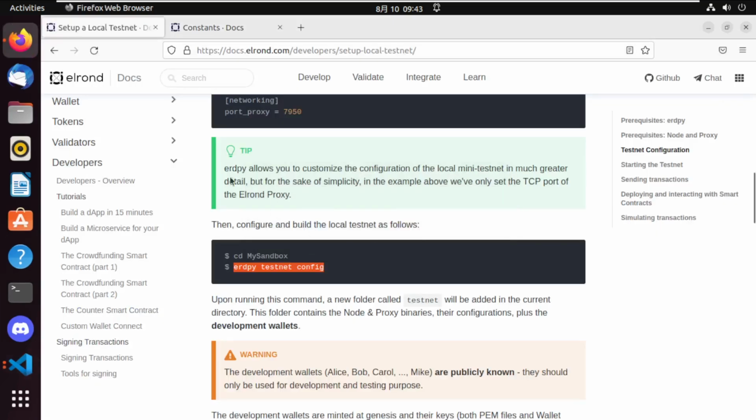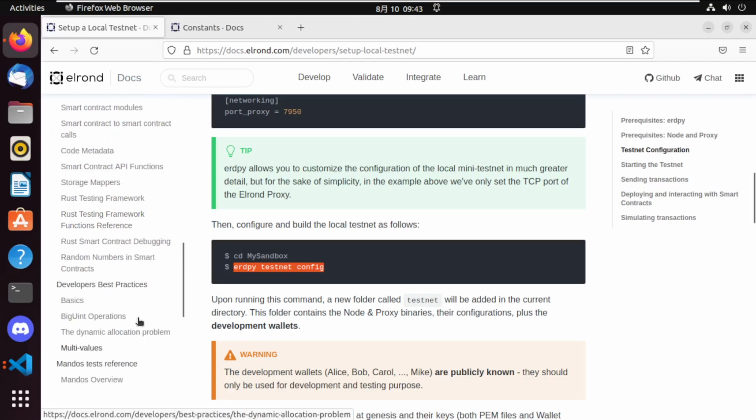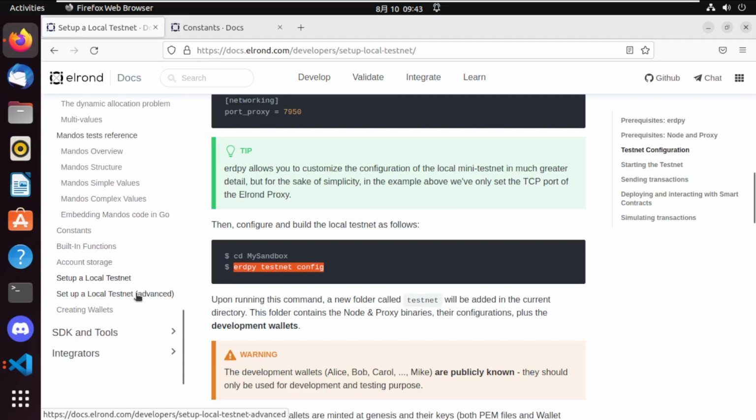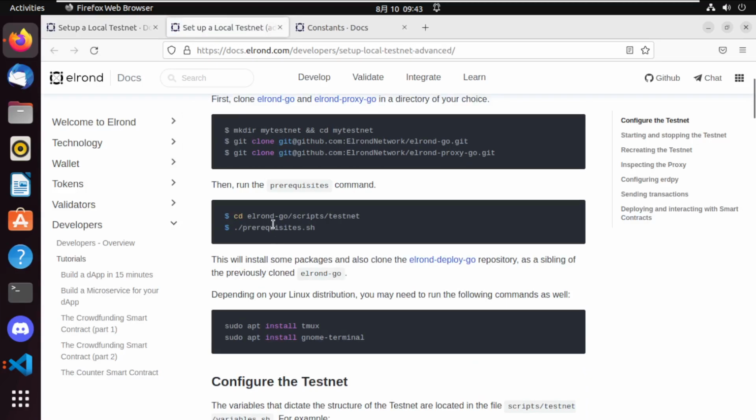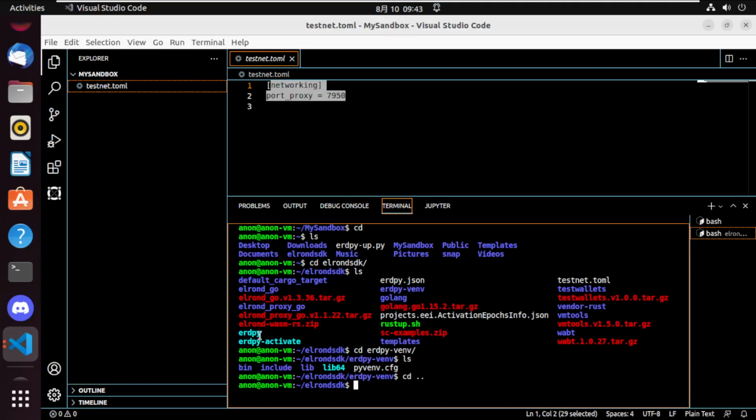In fact, I think it's actually discussed in the advanced feature or advanced testnet documentation. Elrond, oh, it's in the Go. There we are. Since Elrond's blockchain is coded in Golang,